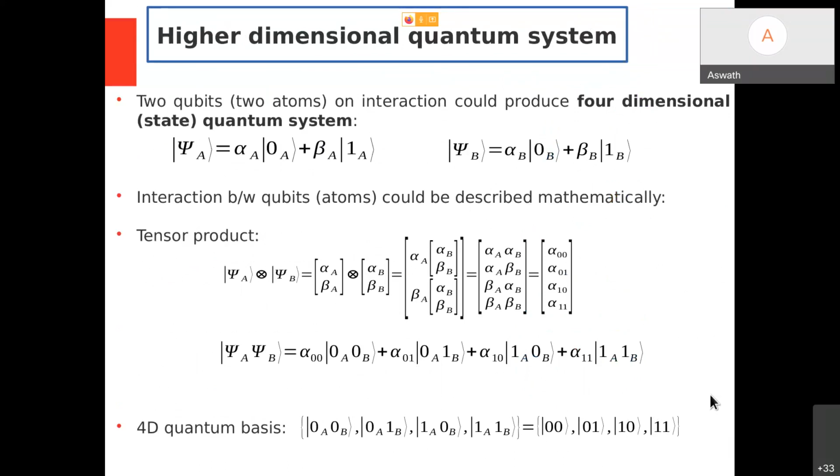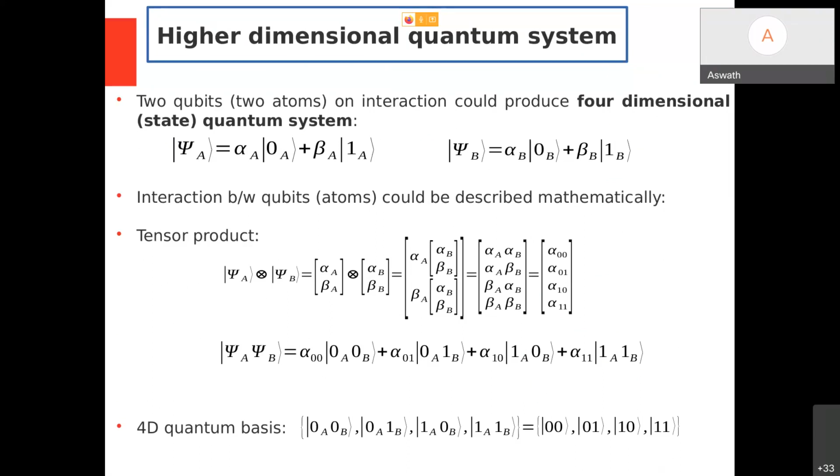Okay, so if I add one more atom of this kind, let's say atom C, that will allow me to store eight bits of information, where I am generating an eight-dimensional quantum system. So that is 2 to the power of 3. In this way, the dimension of the quantum system can be increased exponentially, 2 to the power of n. If I just take 2 to the power of n, I'll have plenty of quantum storage locations. Okay, so with n equal to 50 or 60, 2 to the power of 50 or 60, you can have as large a number as the atoms in the universe.